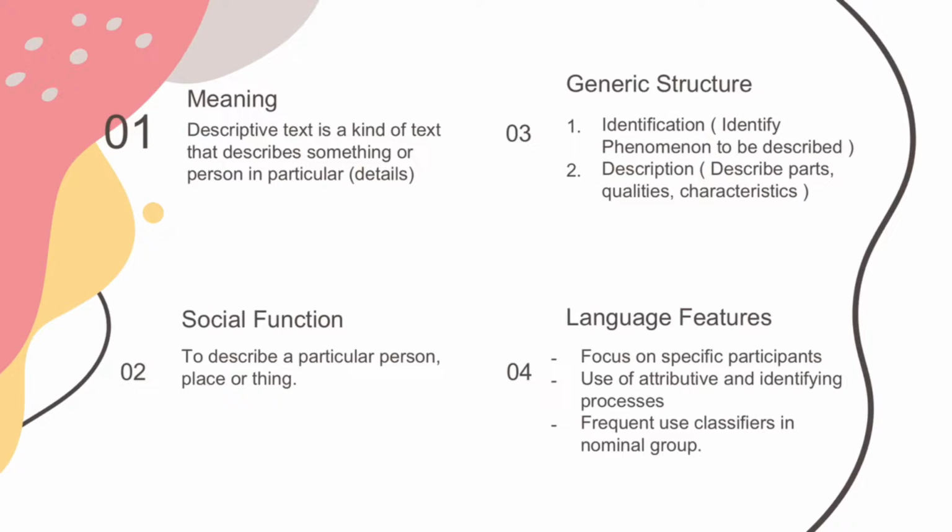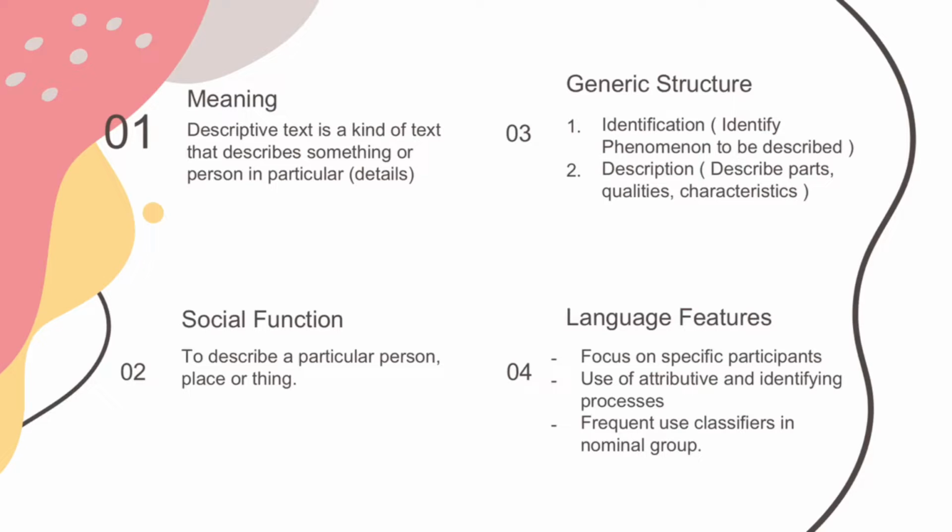Description, as explained by Kenny, is defined like in the following sentence. The abstraction is about sensory experience, how something looks, sounds, tastes. Mostly it is about visual experience, but description also deals with other kinds of perception. But in particular, the descriptive text is a text which says what a person or a thing is like. Its purpose is to describe and reveal a particular person, place, or thing.